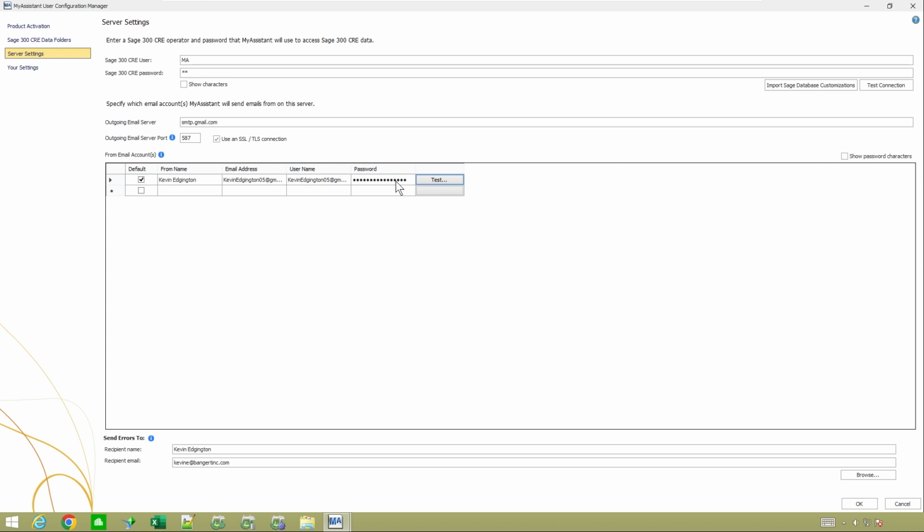Pretty basic, but it is where I can tell it that I'm doing a special application, and it'll generate me a password. I could put that password in here and then test it. So it's a little different from the password you normally use for your email. Since the application doesn't have the ability to go back and ask for all the second authentication methods, that's a rule Microsoft has set up where somebody can generate a unique password for this application and use that for products like My Assistant to send out on.